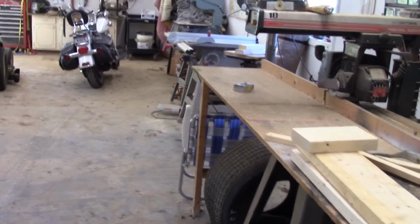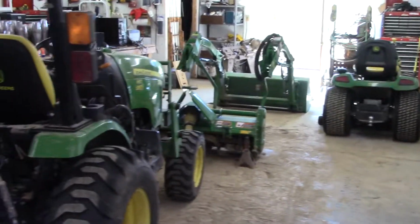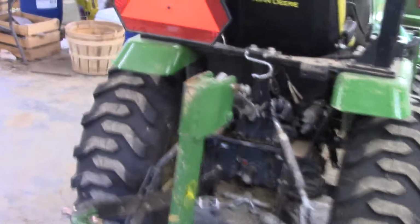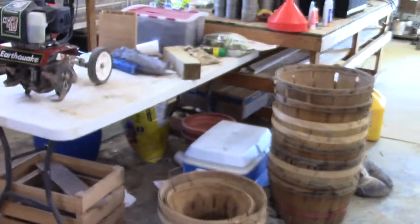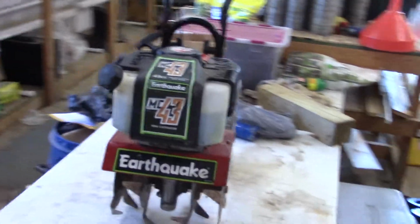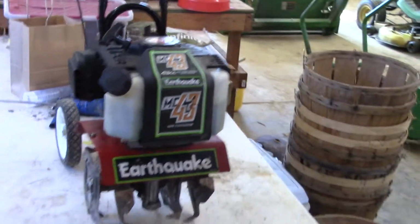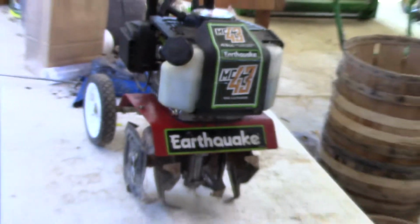Well, we're back at the shop now. I just wanted to show you guys this little rototiller I'm talking about. And here it is. I don't know if you want to call this a review, what you want to call it. But